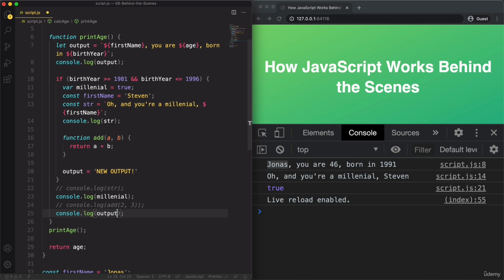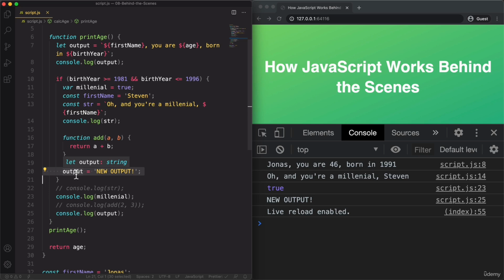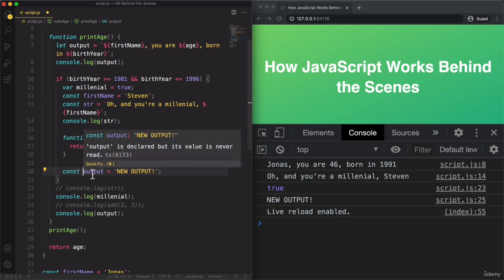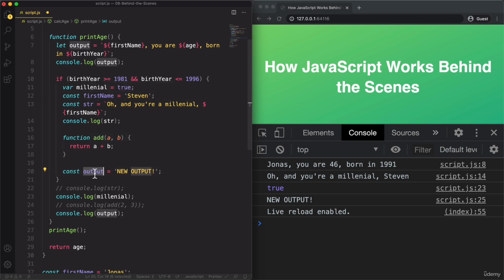what do you think is going to happen? Well, we get new output here. And that is because we actually manipulated an existing variable here inside of a child scope, so inside of an inner scope. We did not create a new variable, we simply redefined a variable that we accessed here from the parent scope. So if we did create a new variable called output here, then we would have the same situation as before with first name. So this would then be a completely different variable and would not at all affect the output from the outer